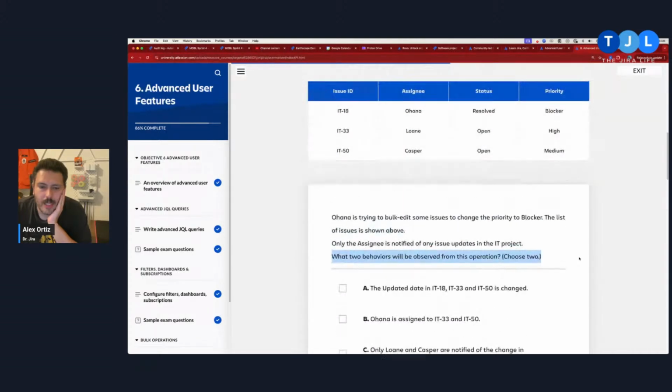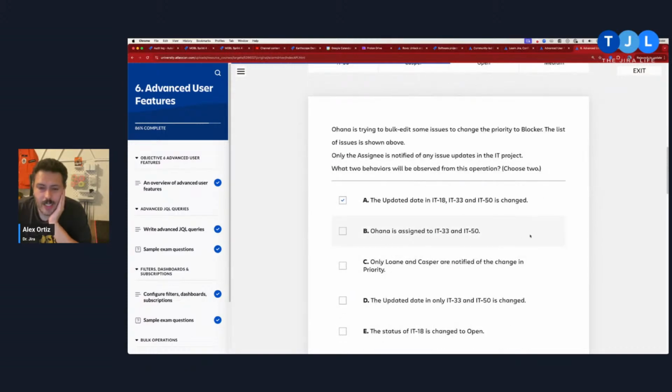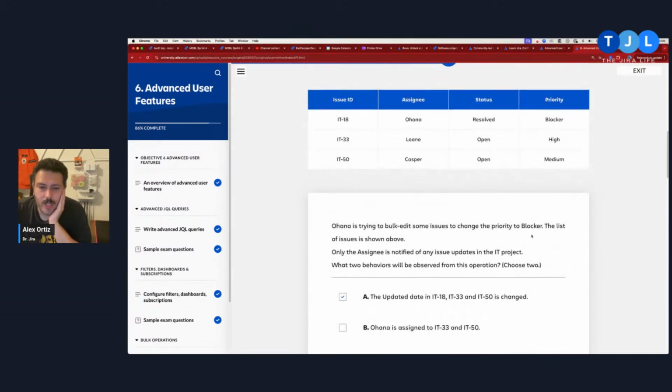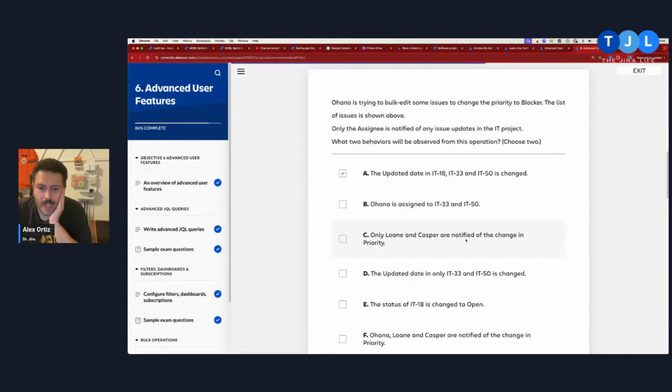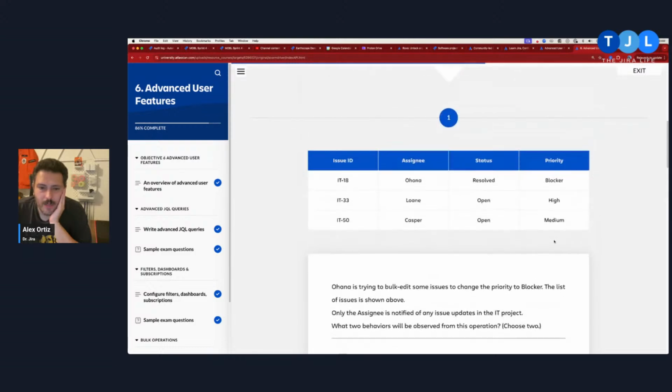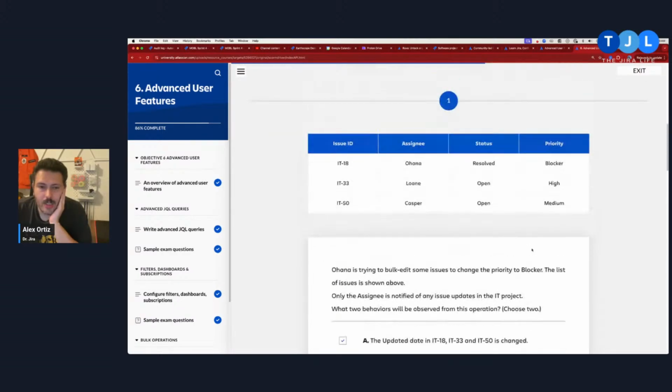The updated date. Sure. Ohana is assigned to 33 and 50. Nope. Only Lane and Casper are notified of the change in priority. Yes. Only the updated date in 33 and 50 is changed.